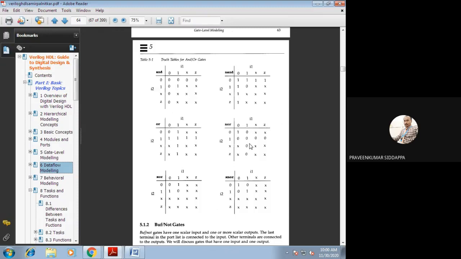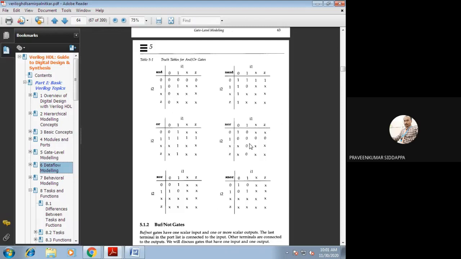Next, 1 should be multiplied into X. What will we get? X, sir. Why X? X is 0 or otherwise 1. 1 multiplied into 0, we'll get 0 only. 1 multiplied into 1, we'll get 1 only. At that time, we are getting X as the output. Clear or not? So because of that reason, that is X. How have we written the truth table? This we have called a truth table.